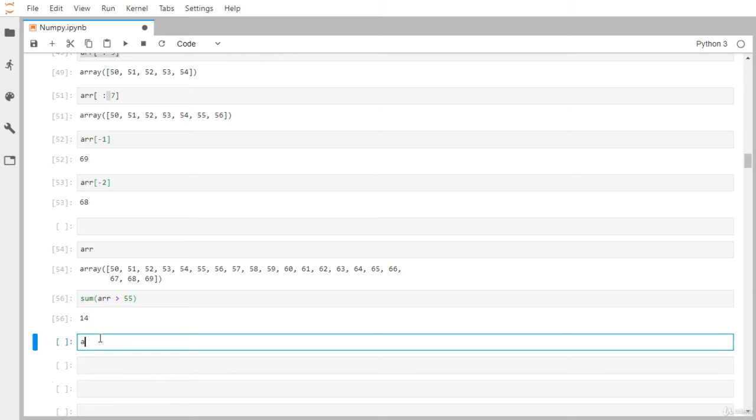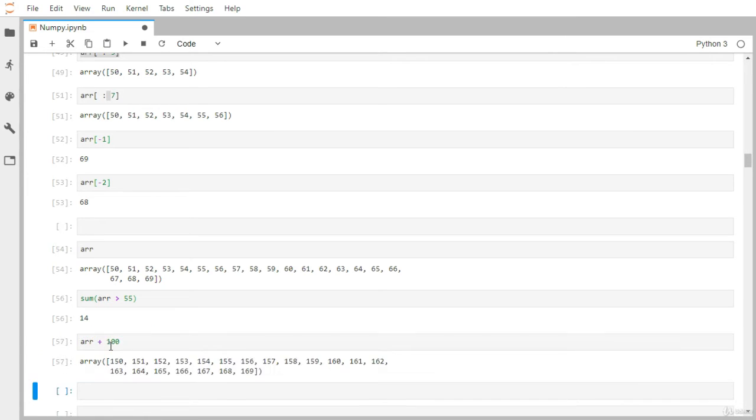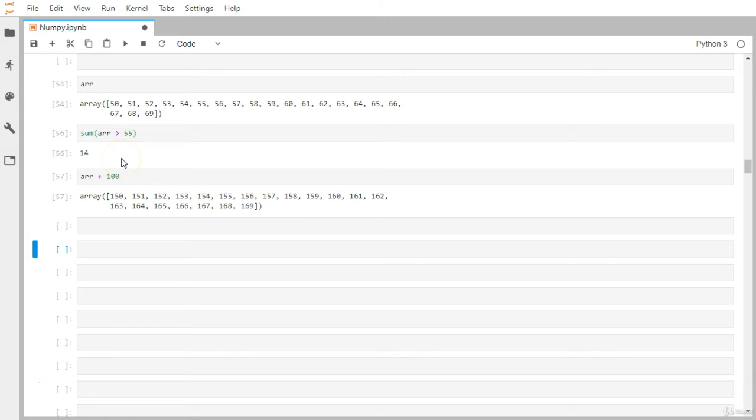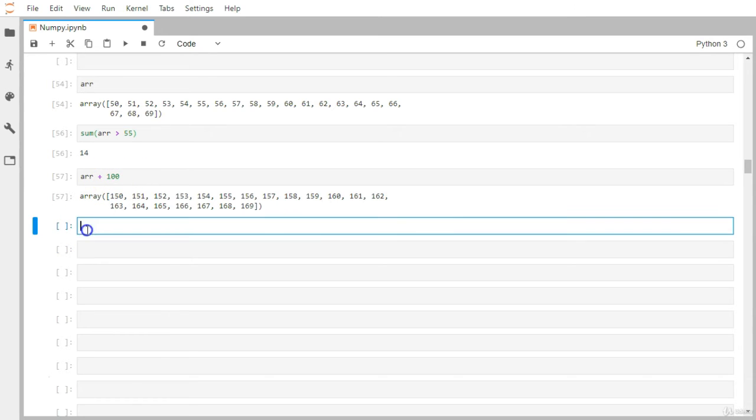Or let's say you want to add 100 to every single element, so you can simply use array plus 100. So 50 becomes 150, 51 becomes 151, 52 becomes 152, which indicates that every single element of this array object has been added with 100. Let's say you want to subtract 20 from every single element.